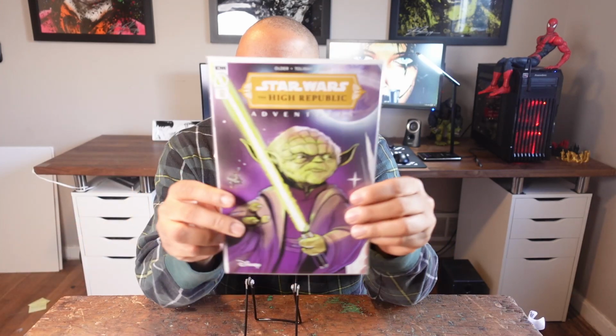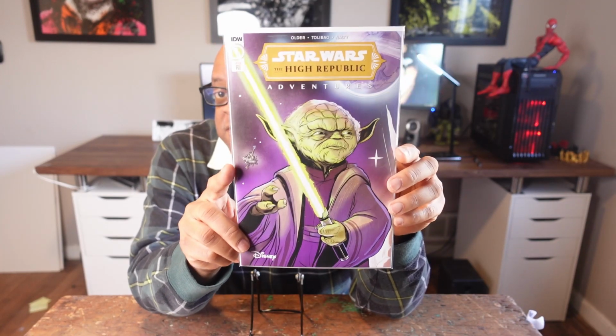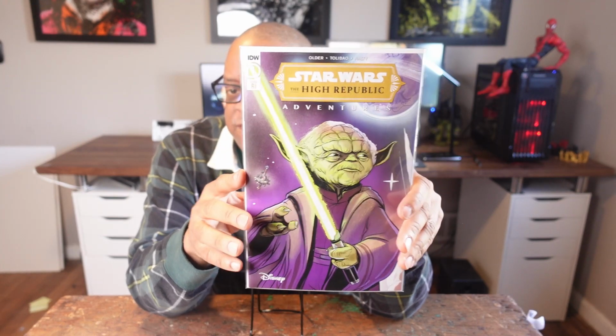All right, my next comic is going to be, no surprise, Star Wars. This is the High Republic Adventures. This is the Yoda variant. This book was really popular. It goes for about $20, which is what I think I paid for it. Anyway, this